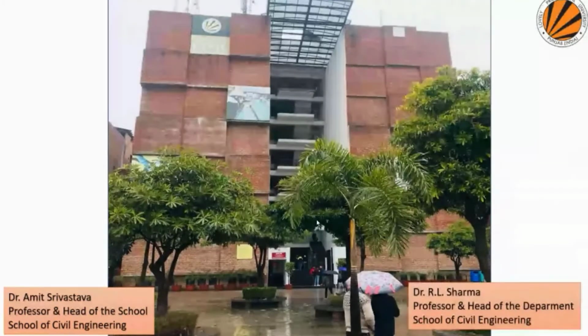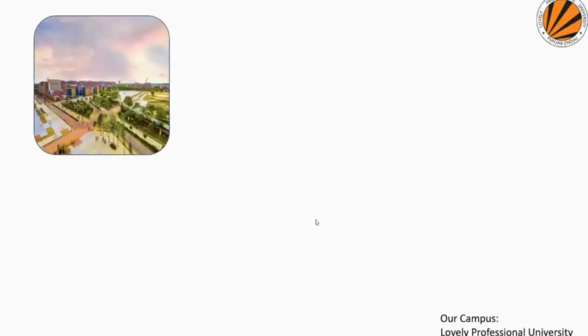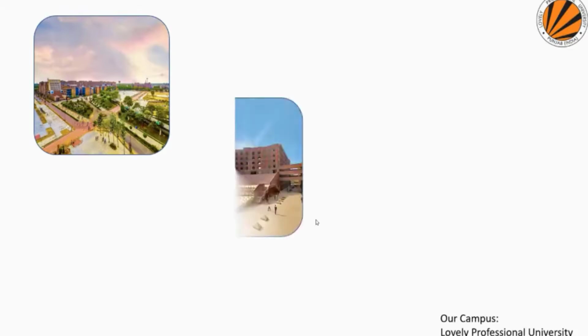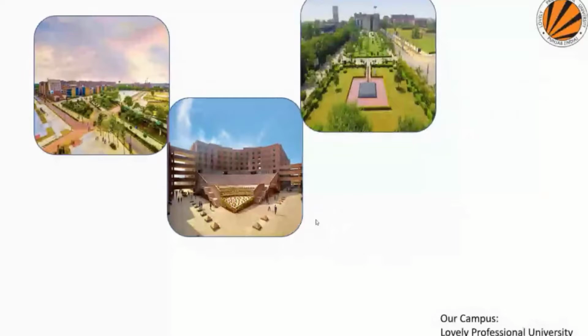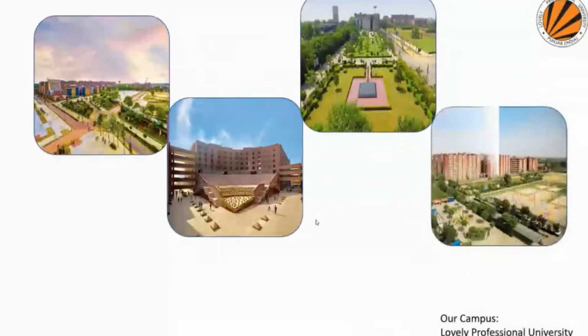Our department head of geotechnical engineering is Dr. R.L. Sharma, again a professor and head of department in the geotechnical engineering department. Here are a few glimpses of the university. You can see some pictures of the university.